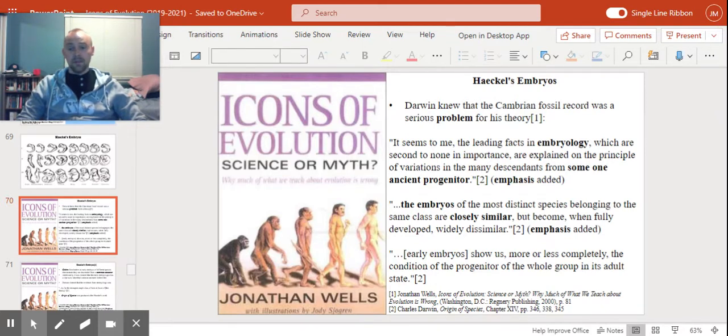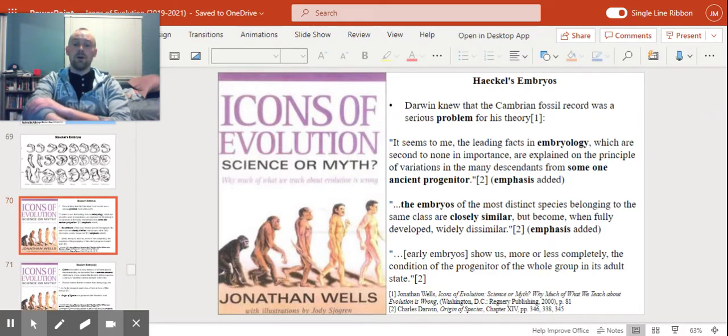In other words, why do creatures in their embryonic states look so similar, but end up growing up into vastly different looking creatures and different functioning creatures? And Darwin said that this is evidence of some one ancient progenitor, common ancestor from which, with variations,